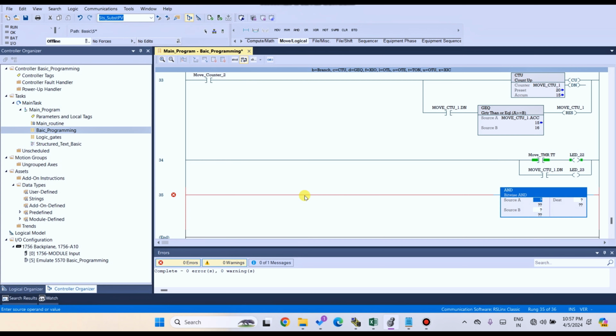So let's see how to use the AND gate. Here the tag names are source A and source B. I already discussed how logic gates work, but this video is only based on the logic gate block.